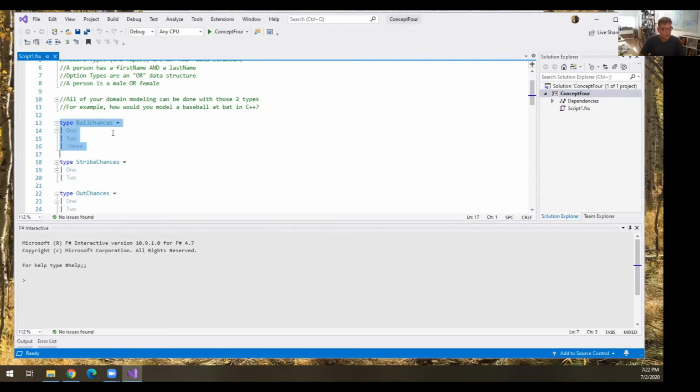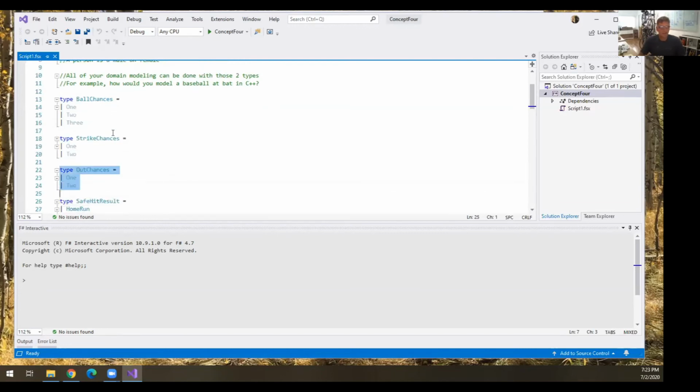So I have a type, and this is ball chances. If you're not familiar with the rules of baseball, the pitcher throws a ball, the batter's sitting there, and the ball comes in and the umpire says it's either a strike or a ball. If you go to 4 balls, you get a walk. If you go to 3 strikes, you strike out. So you're allowed 4 ball chances: ball 1, ball 2, ball 3, ball 4. I've only done 3 ball chances here because ball 4 actually means something else. Strike chances: strike 1, strike 2, right there.